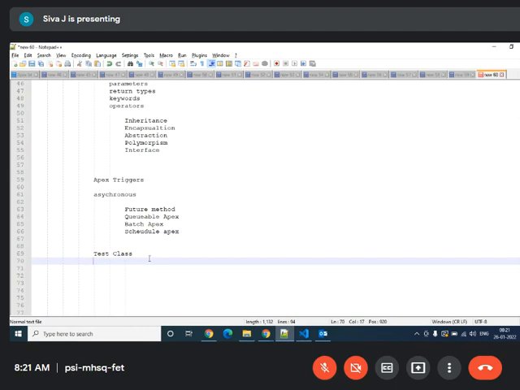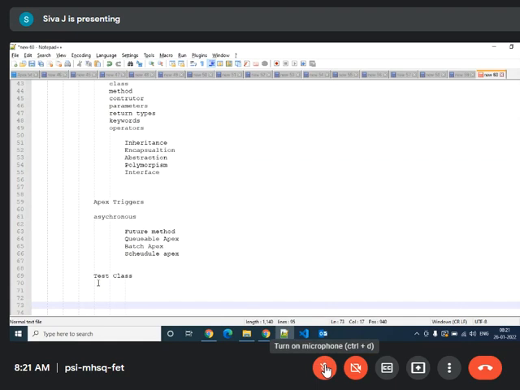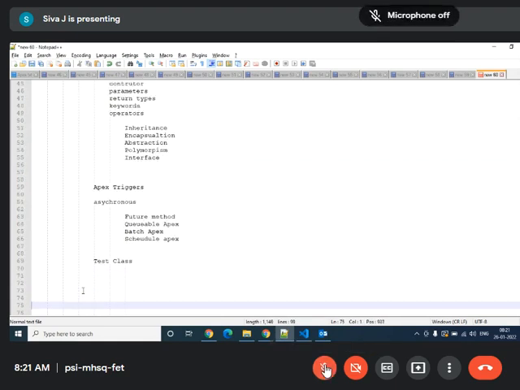And if you write any class, any trigger, anything that needs to be deployed from one system to another system, you require a test class. The test class will validate whether the code you have written meets the proper standards or not. That is called a test class. Is this clear? Theoretically, you got to know what it is. Now let me explain in a little more detail about